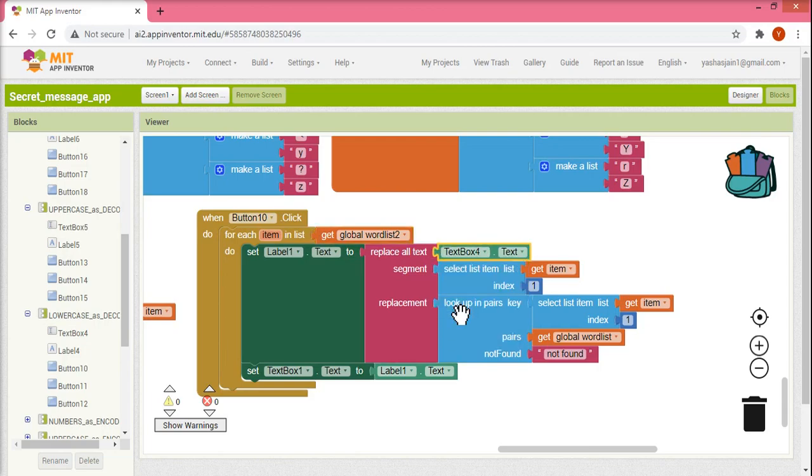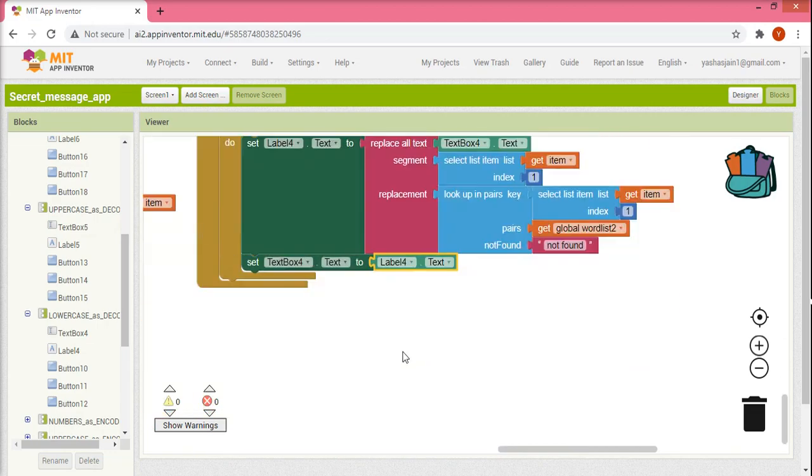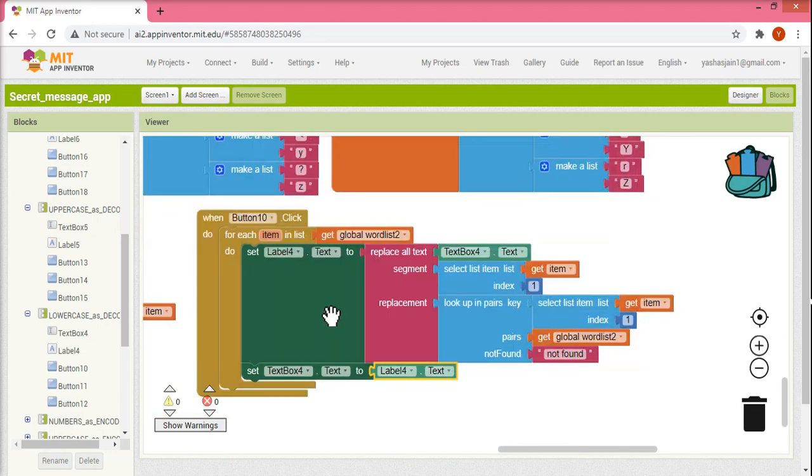Text box number is 4. The label number is also 4. So these are some important changes which you have to do. Okay, so the rest everything will be fine. Here global list 2. And here also you have to change the text box numbers. So this would be 4, and here also 4. So the decode part is also ready, and we would do the same for uppercases and numbers, and then